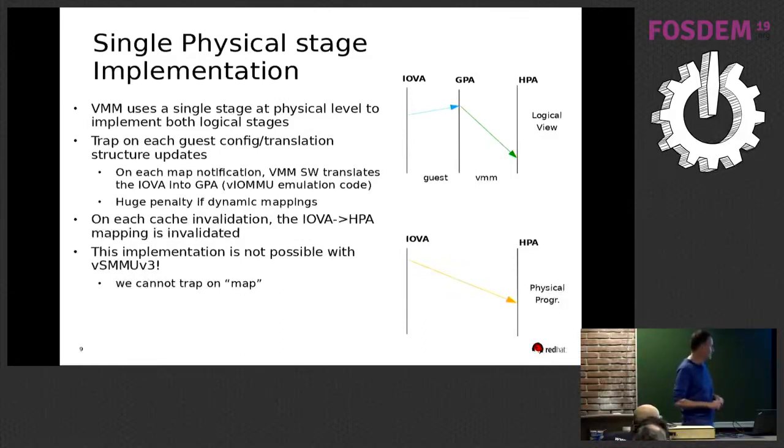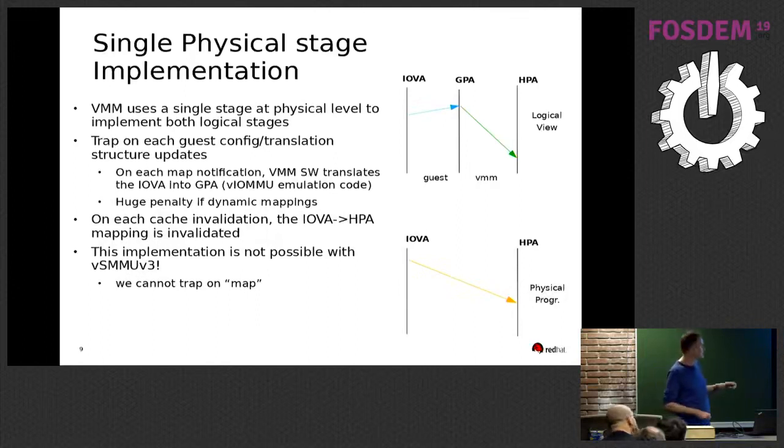Besides that, this is an existing implementation, so it works perfectly for Intel together with QEMU and Linux VFIO. The trouble is that when we try to reuse this framework for the integration of the virtual ARM IOMMU, which is called the System MMU, it's not possible, because the System MMU suffers one weakness. The specification does not force invalidation on map.